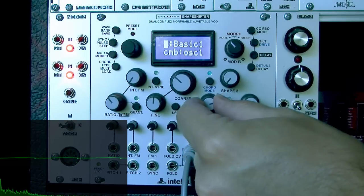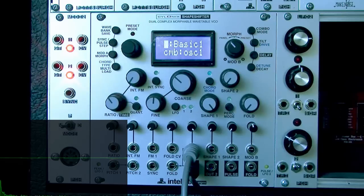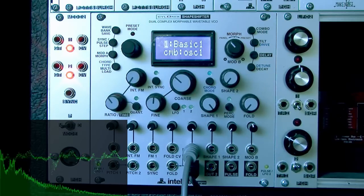So, for instance, if I were to switch this to a sawtooth wave,